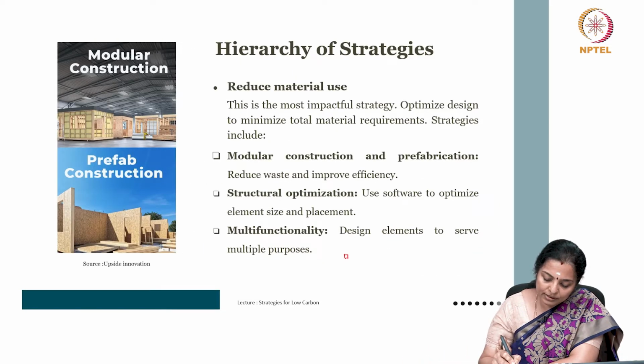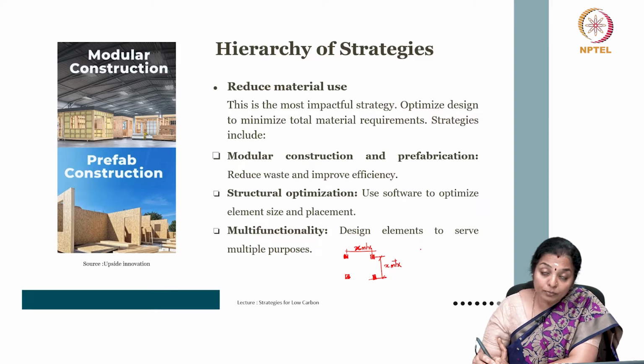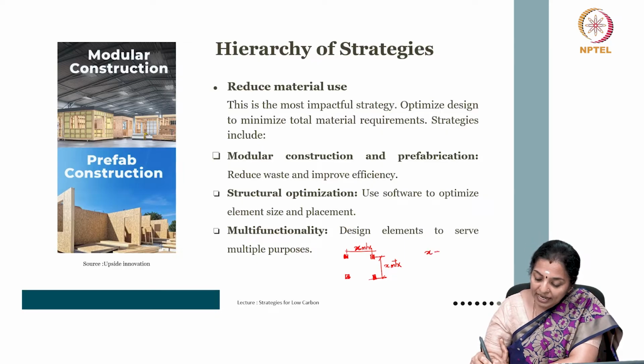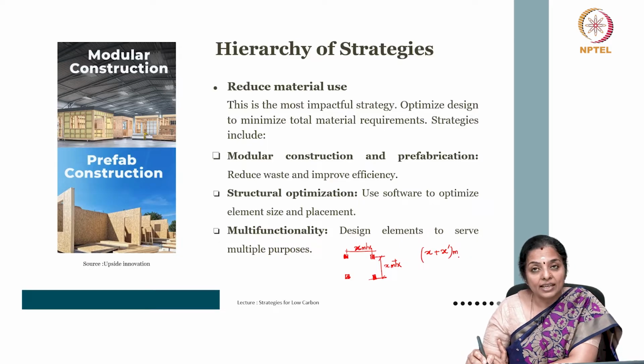Suppose you need columns at a particular place. Do not double guess and have columns at A meters or X meters. You need to use appropriate tools to understand whether it is sufficient to have columns at x plus x dash meters distance, and that will save a lot